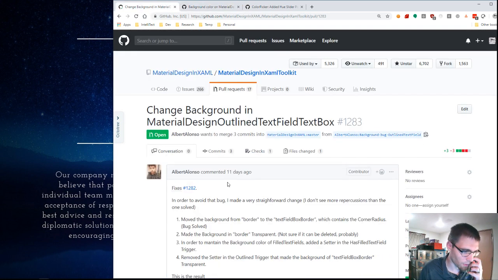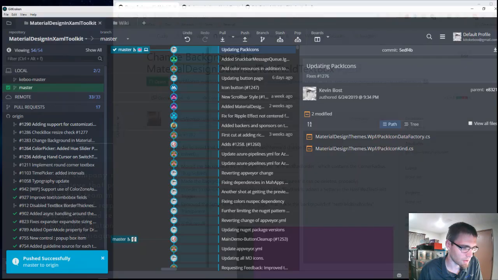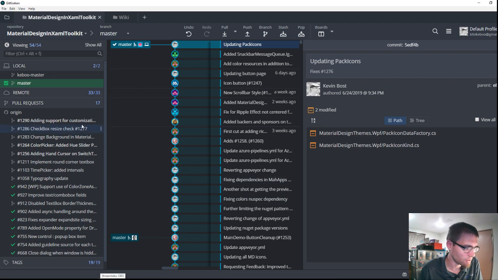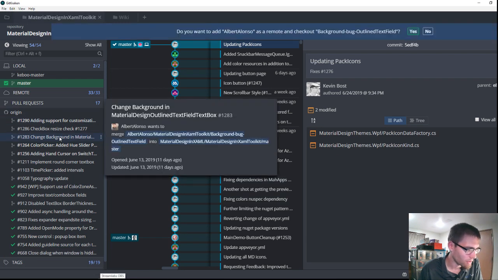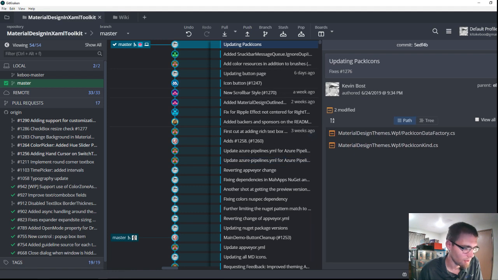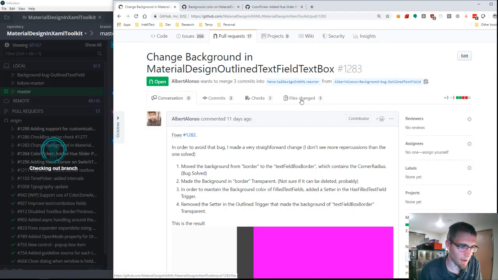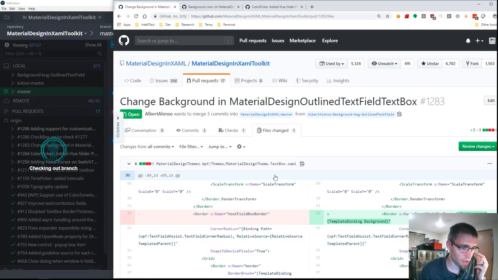So, we had a wonderful pull request here, but I think for this one we're going to actually check it out and make sure everything's working. So, pull request 1283. So let's get master should be pulled up. Let's check out 1283. We'll go take a look at these changes. While it's thinking about that, I just kind of want to eyeball this. So all of these changes here,